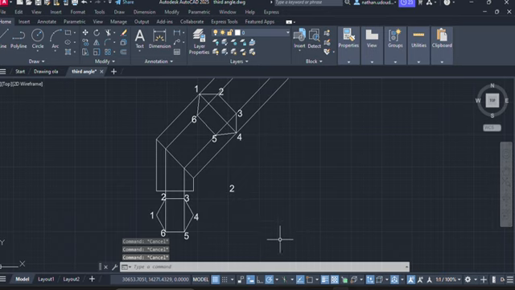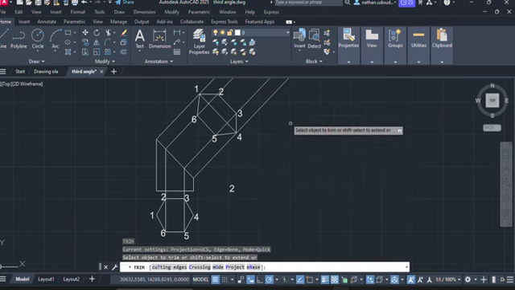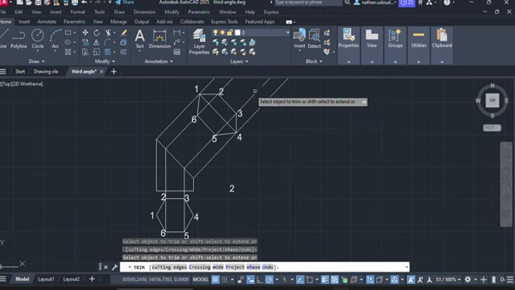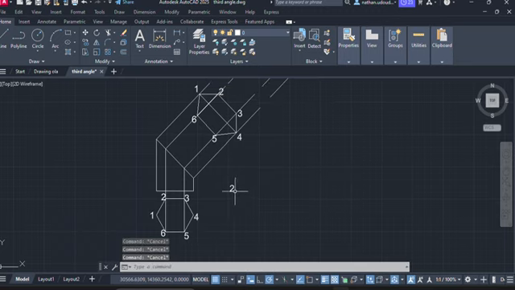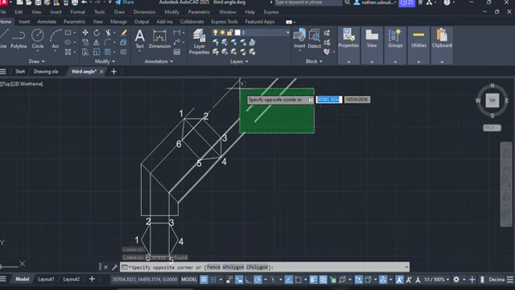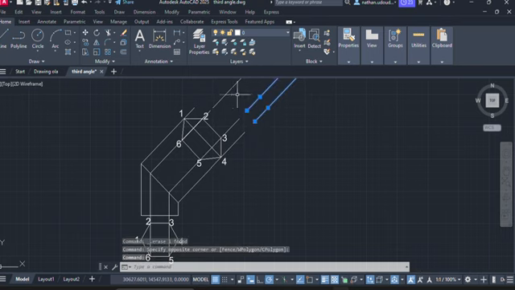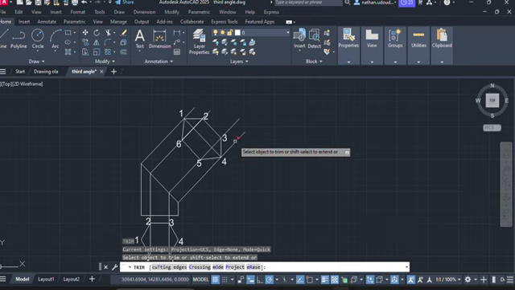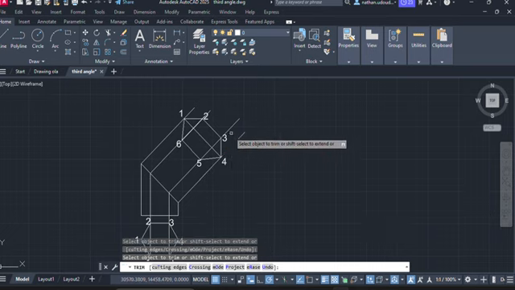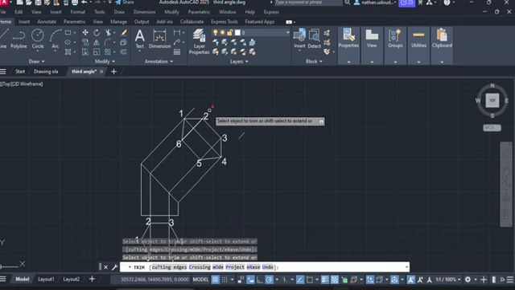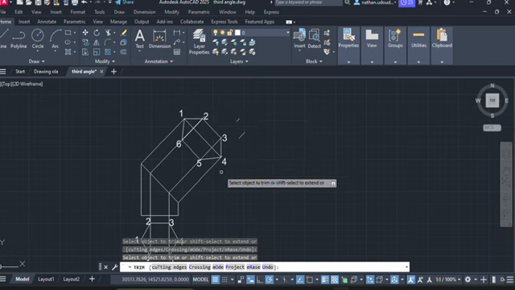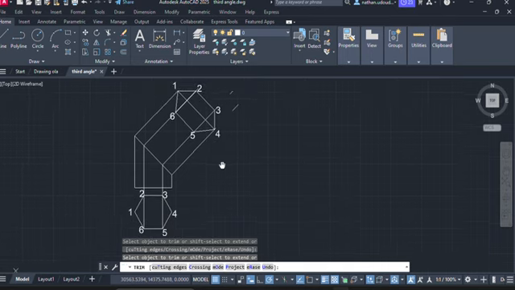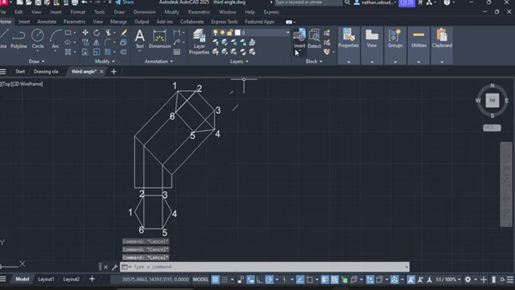So now pick up your trim command, TR, enter, and then clean up these unwanted lines here. Clean up the unwanted lines, and then escape. Delete this. Delete these ones as well. And then you can still trim these ones further. So you trim this, trim this, trim this, trim this, trim this, trim this. So now you can come to your line properties,